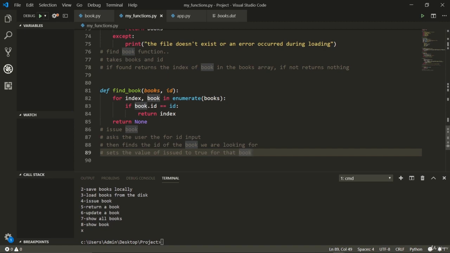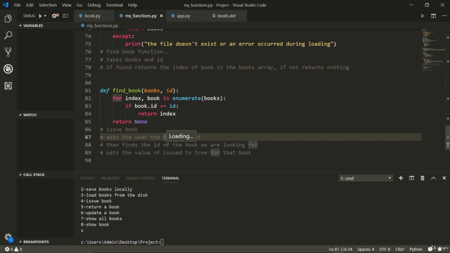Then it says, okay, you've given me the input ID, and the parameter only takes books, all the books, and then it finds the ID of the book using the find book function that we just wrote here, this one. And then it just sets the value for that thing to be true, and that's pretty much it. Because when you've given it the books, it just changes it there, and the change here is reflected there in the main array, as you will see, because it works with references and the address is the same address